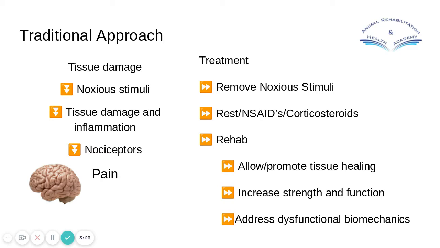So that's how we are generally thinking about the pain pathway and how it relates to rehab. Now, in response to that, our treatment would tend to be, as a standard approach to rehab, to remove the noxious stimuli first. So, like I said, if that was an injury, let's say it was a wound, an actual traumatic injury, then just the fact that it is healed and that is no longer an open wound, that's the noxious stimuli removed, and we should be moving on to healing.